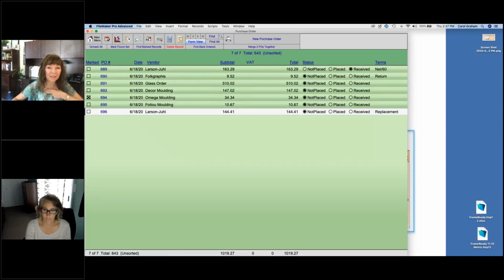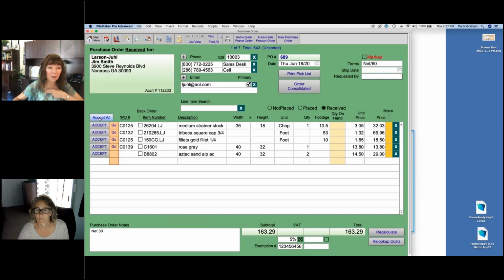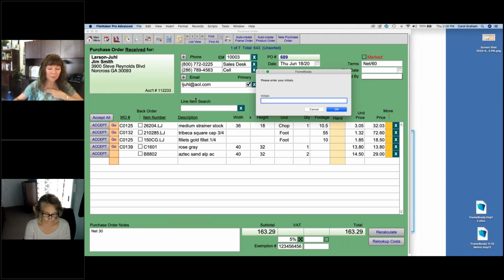So that's a nice, fast, easy way to be able to see what's happening on my list, the regular items and the ones that I'm tracking and saying I need to keep an eye on. I'm waiting for them to come in. For the items that do come in, you can click if all of them have come in, or if you have ordered footage and they sent you a different volume of the footage than what you asked for, you could change that. But then you want to click on the Accept All button to put those items into